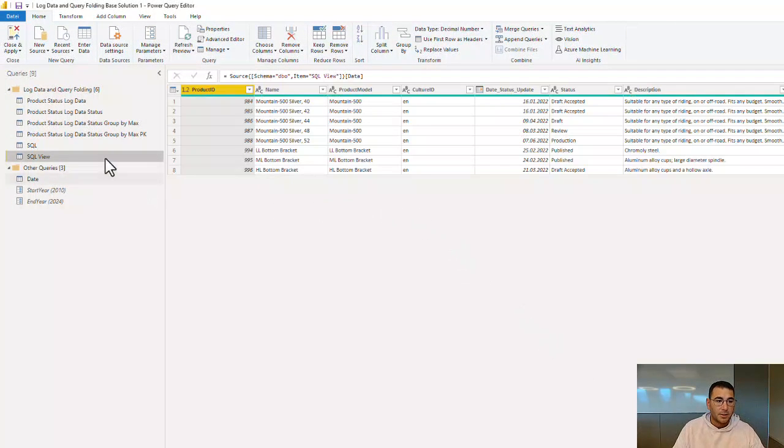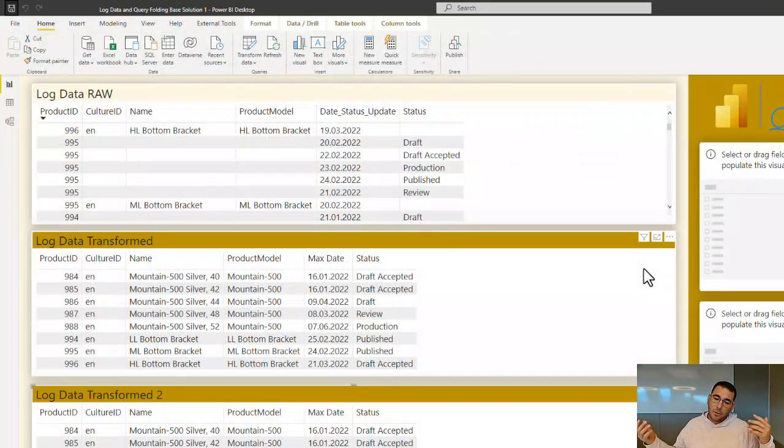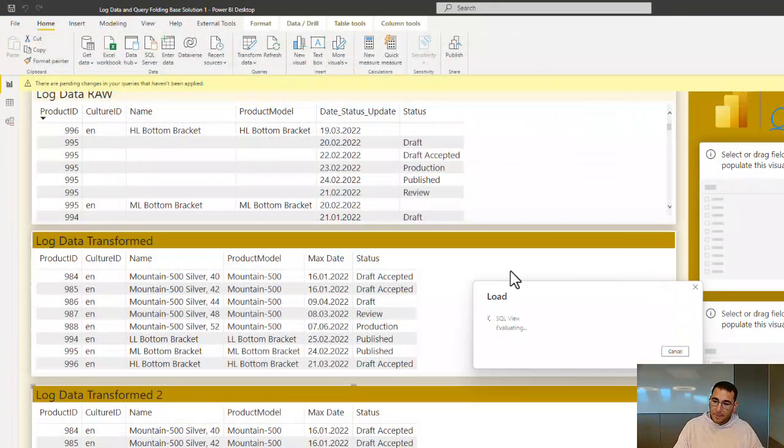And now we have the same thing, but direct query. And here we have no limitation. We can have as many rows as we want. We have no performance issues because we're using direct query, and all the work is done on the server side. And now we also have real-time data with the direct query option. So if we go ahead and close and apply this and load this into our report,